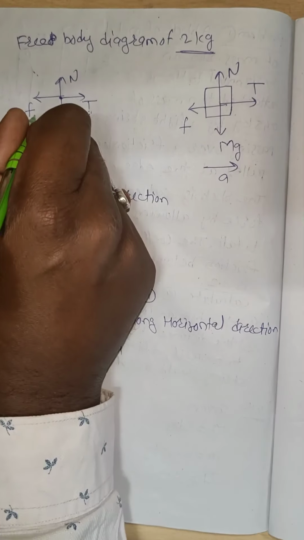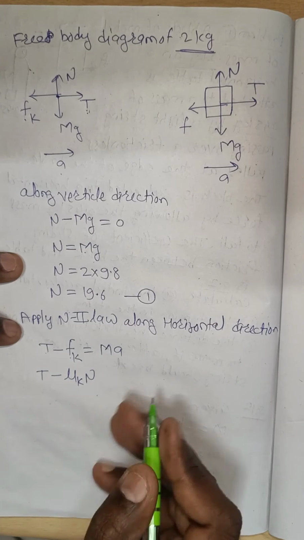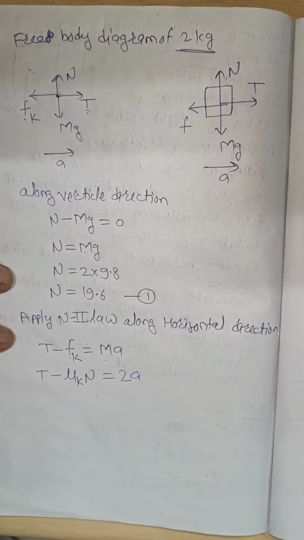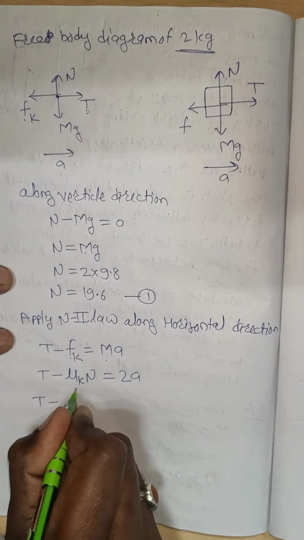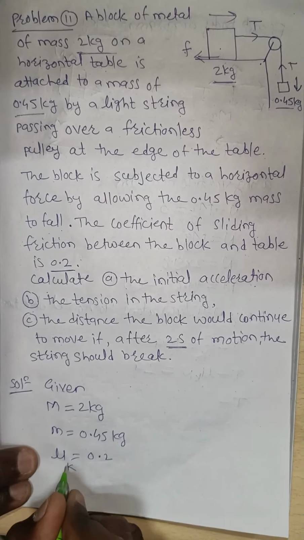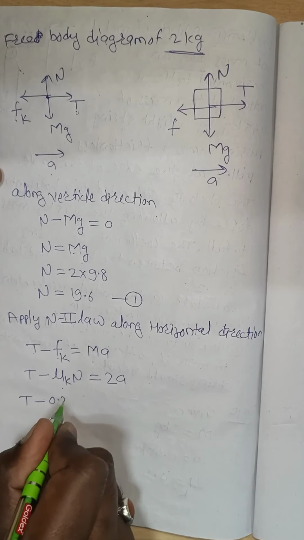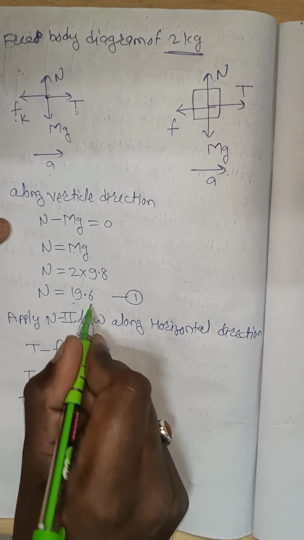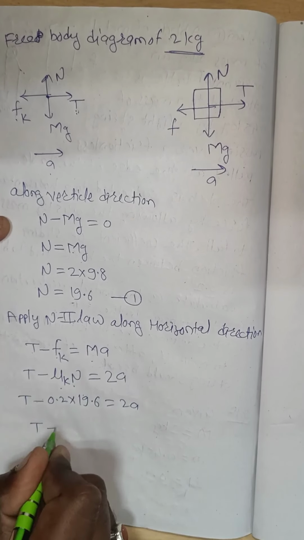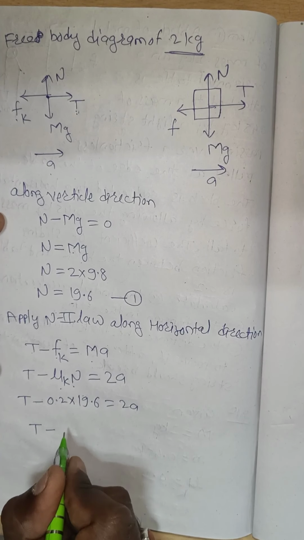Okay, therefore kinetic friction is equal to mu k into n, which is equal to mu k into n. The mass is 2 kg into acceleration a. Therefore T minus, what is the mu k value? Do you know that mu k value is given as 0.2. Therefore mu k we have to put as 0.2 into n value, that is 19.6, which is equal to 2a. Therefore T minus 0.2 into 19.6, we have to write